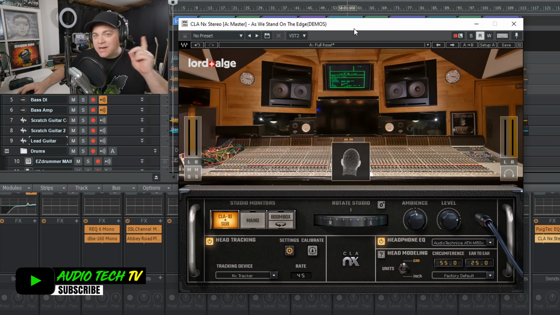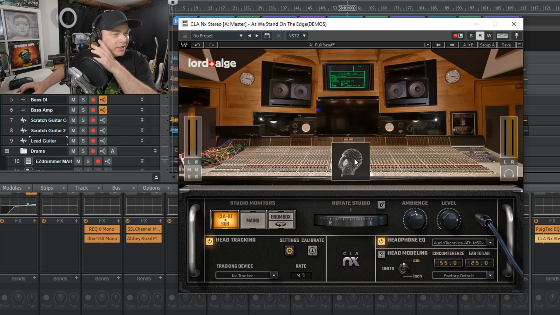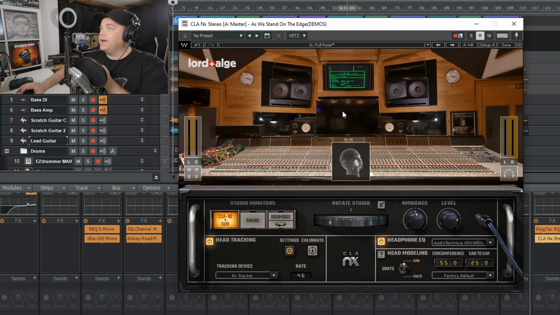But today I'm using these Audio-Technica ATH M50X headphones for this. And you can see on the top here, I have the Waves NX tracker. And if you look on the screen there, you can see the way my head turns. And what this does is, if I turn my head this way, I can hear what it's going to sound like in that studio if I were to actually turn my head that way and this way and up and down and all of that sort of thing. So it really immerses you into the experience, and it really sounds like you're in the studio.